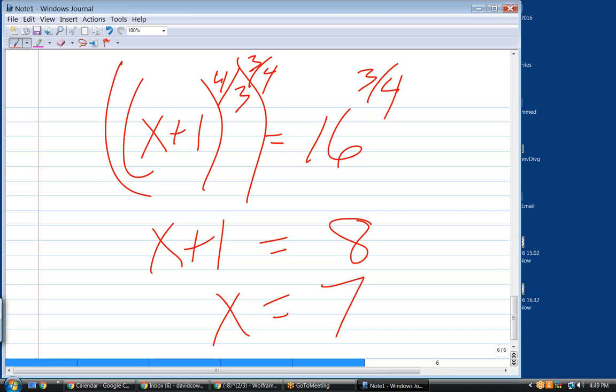Now, in problems 32 through 46, there's radical signs. And when you have radical signs, you're much more likely to come up with extraneous solutions. Of course, a radical sign is just an exponent to the 1/2.